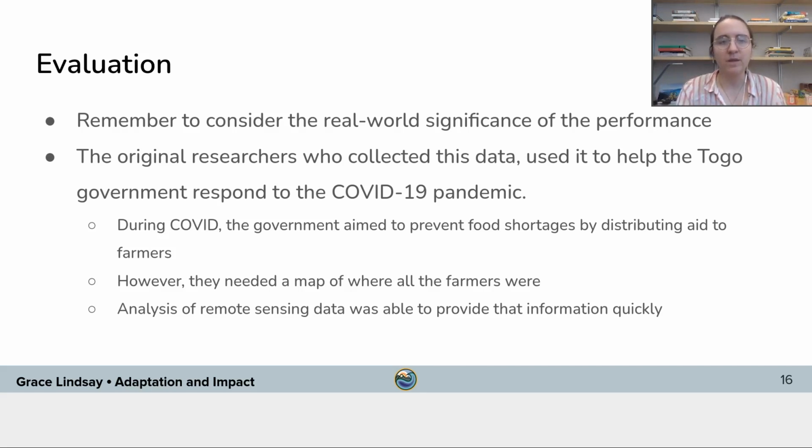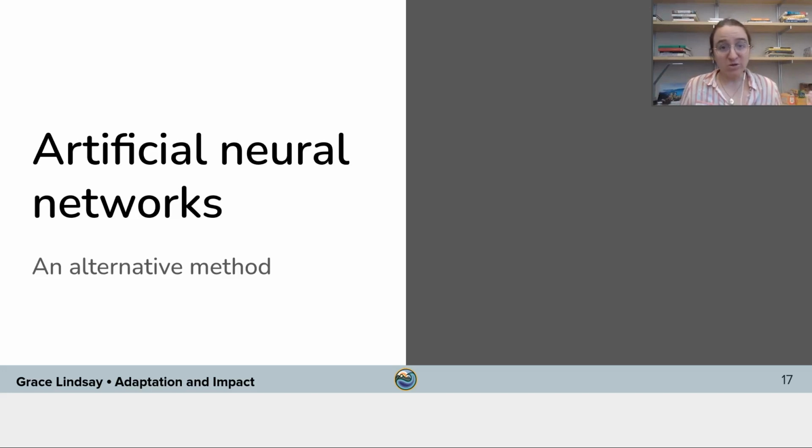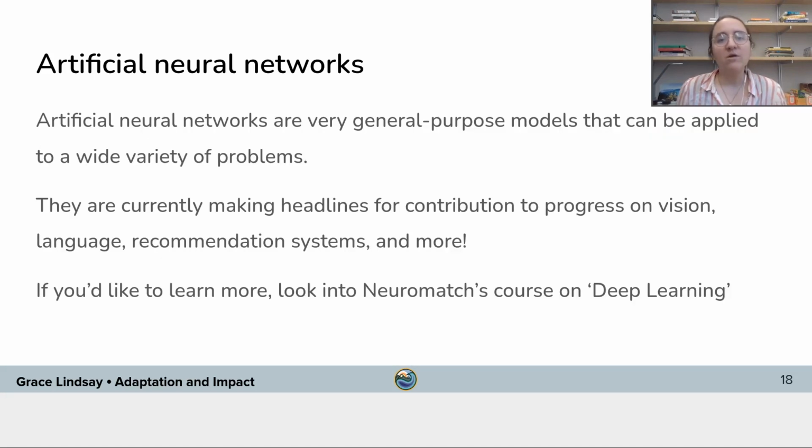Okay, so after you train your logistic regression model and evaluate it on these metrics, you're going to try out artificial neural networks. Now, artificial neural networks are a very general purpose model that can be applied to a lot of different types of problems. They've made progress recently on vision, language, recommendation systems. You've probably heard about artificial neural networks if you've heard anything about AI in the news. They're very popular and they're a very general purpose, broad class of machine learning algorithm